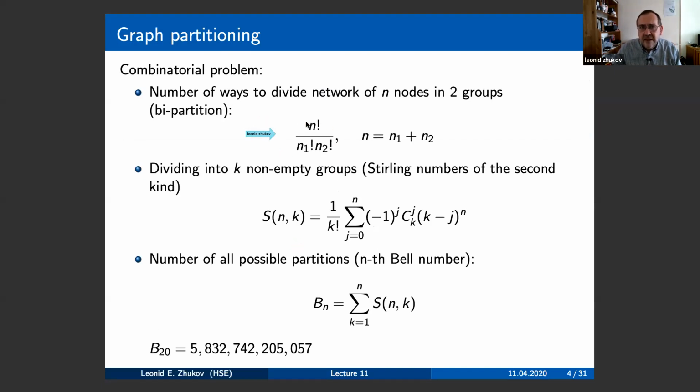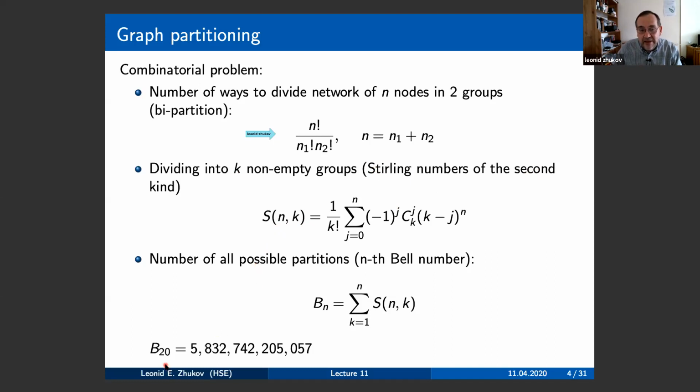Now, this is even when we divide a network of n nodes into two groups. When we do clustering or community detection, we don't even know how many groups are going to be there. So we should calculate dividing into some number of groups, from 1 to n. You can either have one node per group or pretty much all the nodes in the same group. And there is a special number called Stirling's number of the second kind that allows you to compute this. Now, we don't want to compute it, but